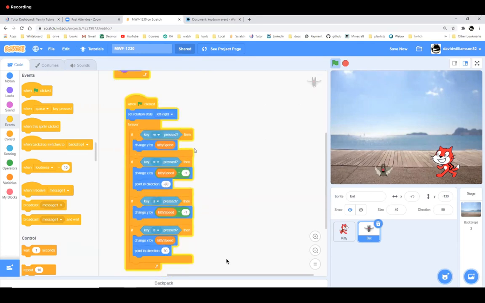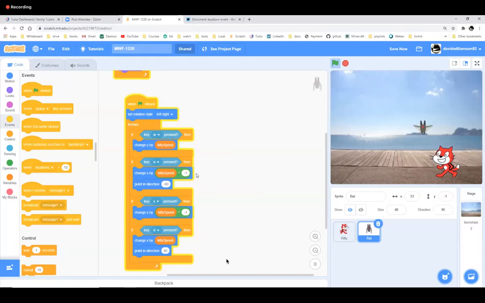Because I didn't tell it to wait. Well, that's how many times the bat flaps its wings, that's how often it's asking for the W key. But every time it asks for the W key, it also asks for the A key, and every time it also asks for the S key. And then it executes whatever code is associated with those. I could hold A and D at the same time and the bat would stay in the same spot. But that doesn't mean it's not running the code to move him to the right and then back to the left. Okay?